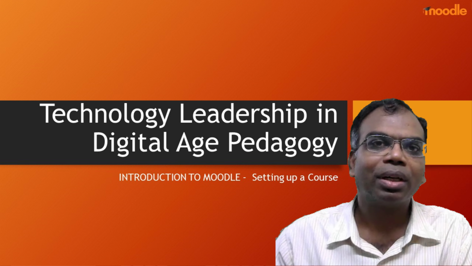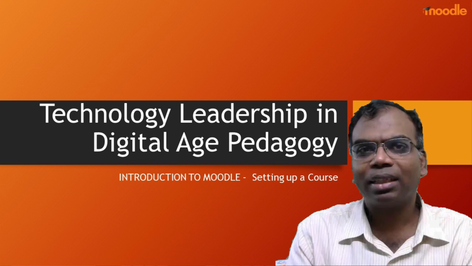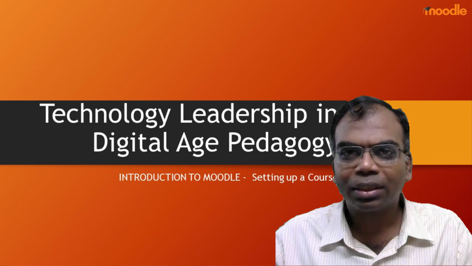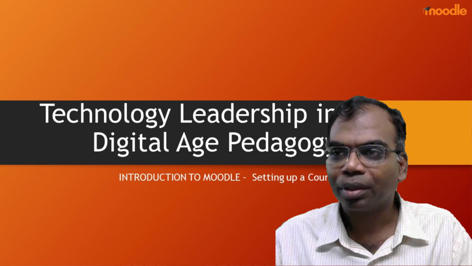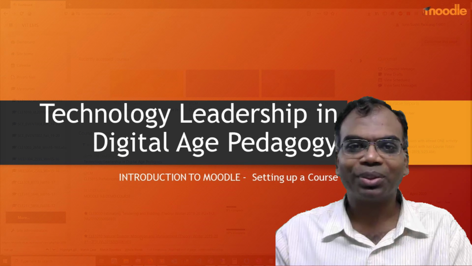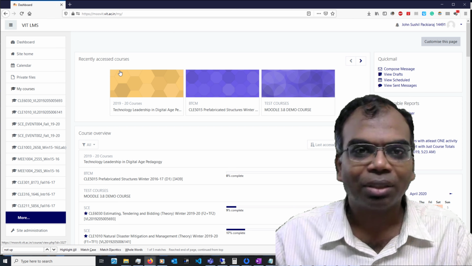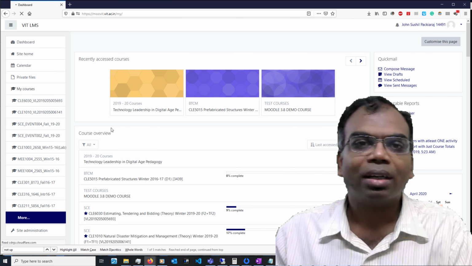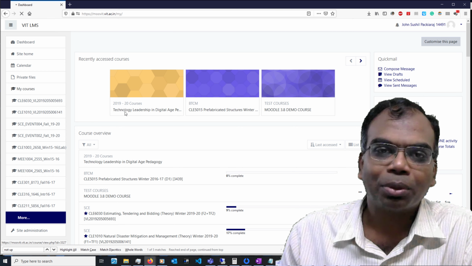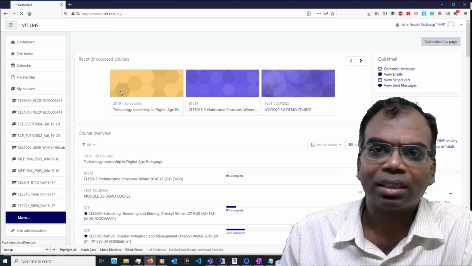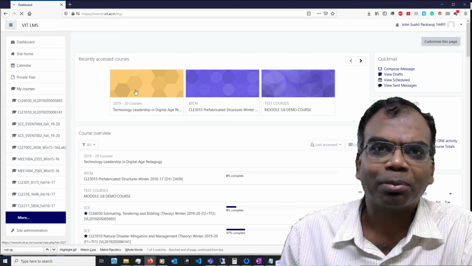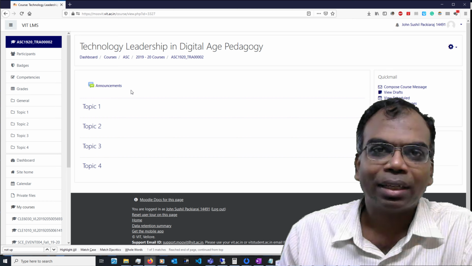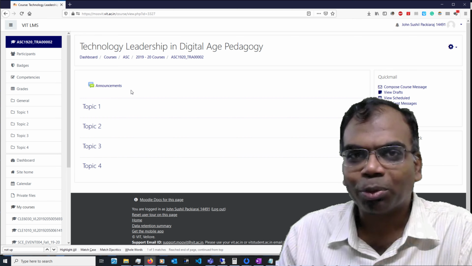But before we go any further, let us see how we can do some modification to the look and feel of the course. And without much ado, I'm just moving on to the course page. Now this is my dashboard and here we go. If you look at the dashboard, you see the courses and you can see that this is just having some kind of a hexagon pattern. Looks a little boring, and we'll see how we can make it a little more interesting.